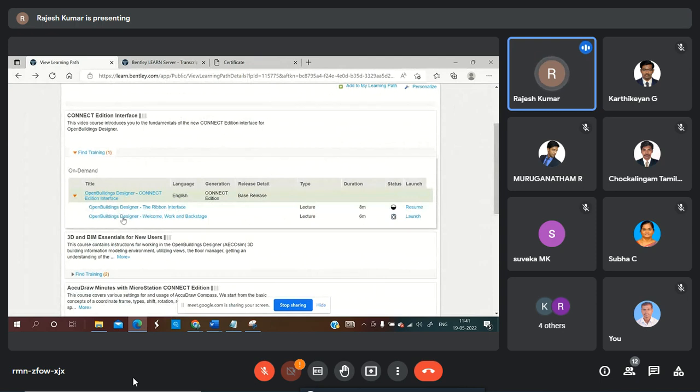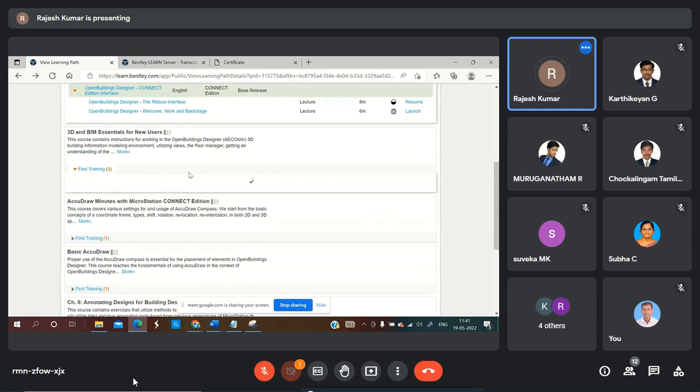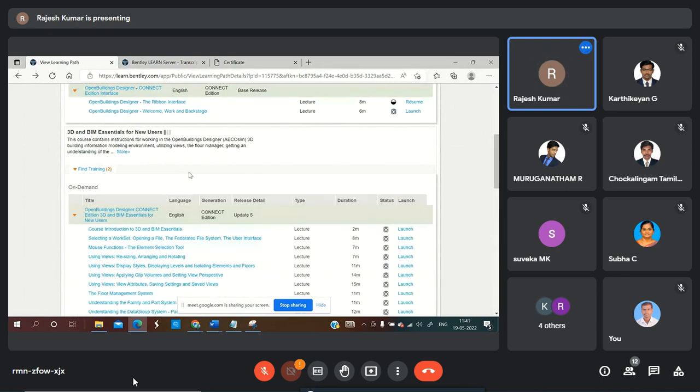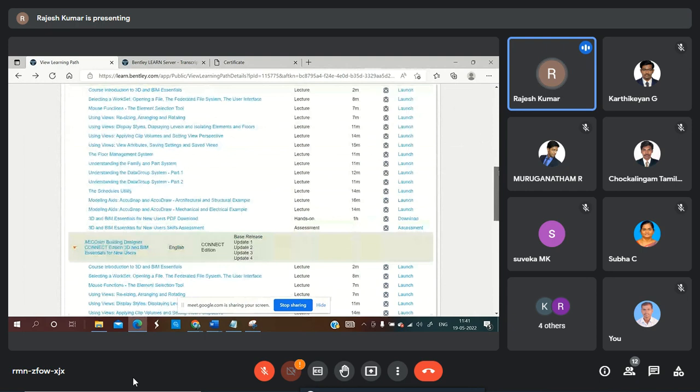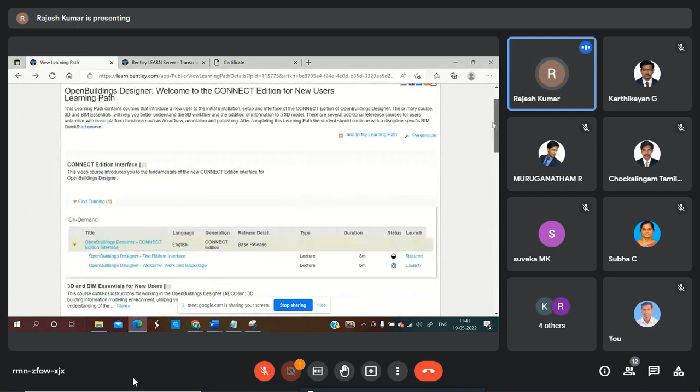If I complete these two, then I have two learning units. Then in 3D BIM Essentials, I have more than 15, so 15 plus 3, 18. If I complete all these courses, I will get 18 learning units.